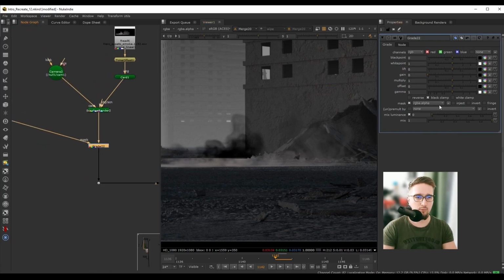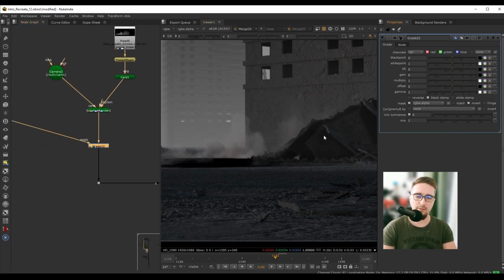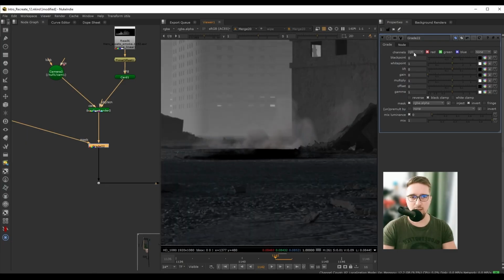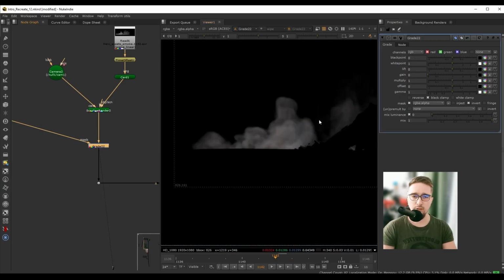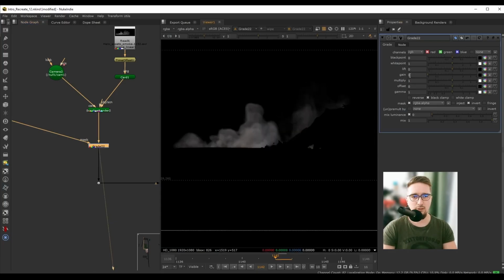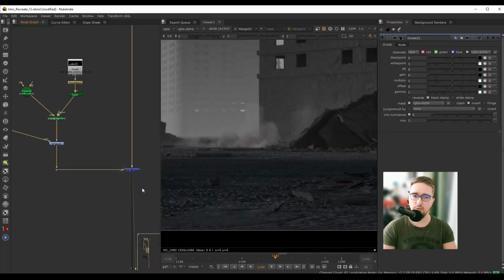So if I go to the grade node, I can set this option here for the mask. I can check invert. So now we are getting the correct result. We can also see that we are left with this dark shadow, and this is because we are affecting only the RGB channels. So if we go to this grade node and press A, we still have the alpha information for the smoke that's in front of the rubble. So we want this grade adjustment to also affect the alpha as well. So in this case, we will set the channels to RGBA. So now if I press A, we also have this alpha, and finally, if we preview the result,